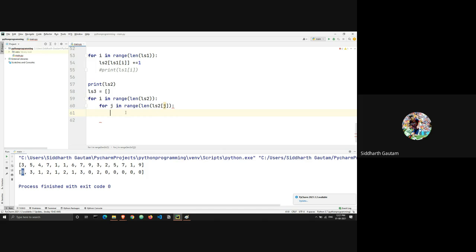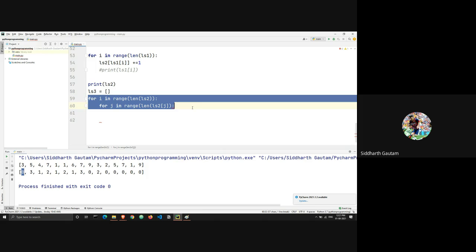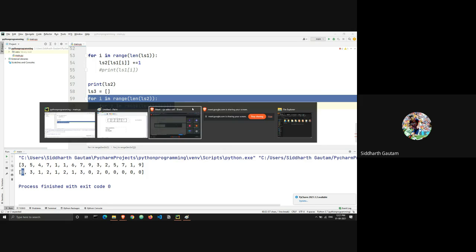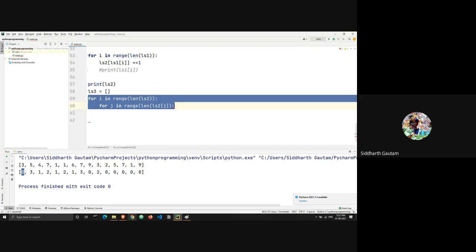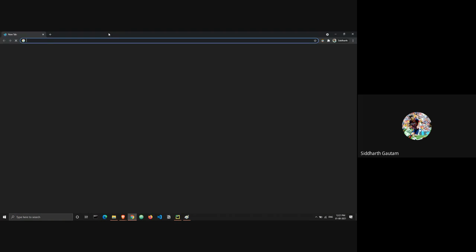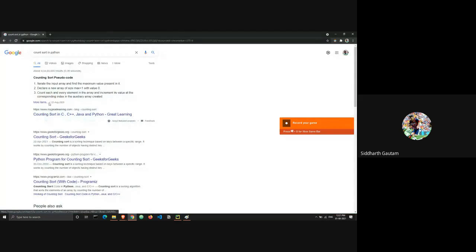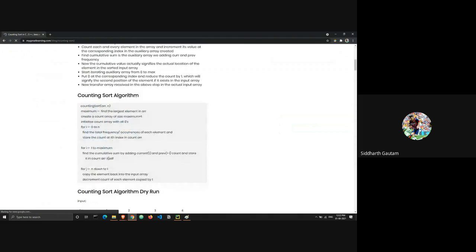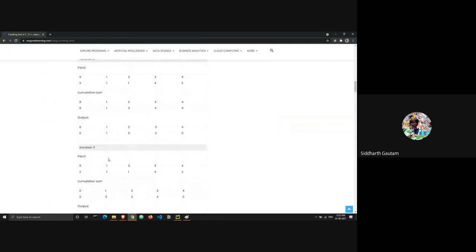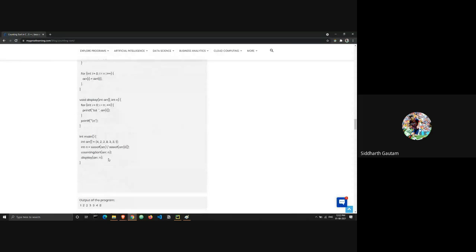I think this increases the time complexity to n squared. I know the theory, but I'm forgetting the syntax. So let's take a look at count sort in Python, because it's simpler than this. We don't need two for loops, I'm sure of that, but that increases the time complexity by a lot.